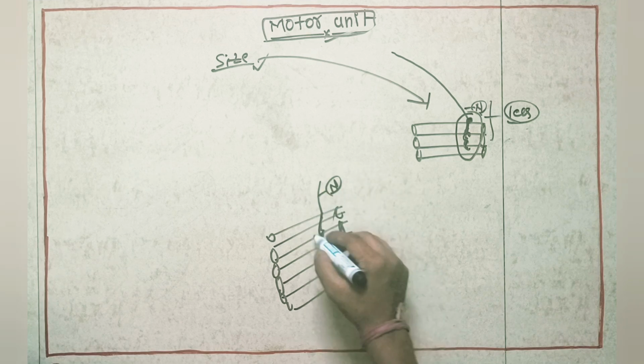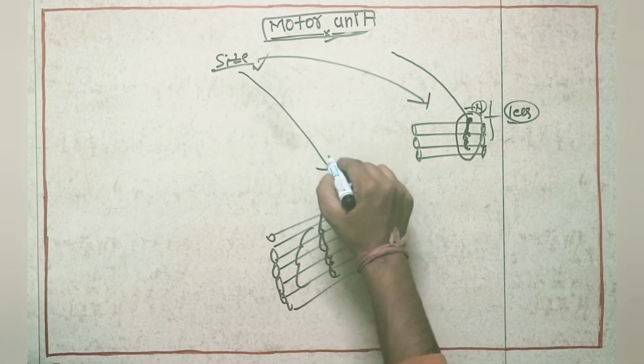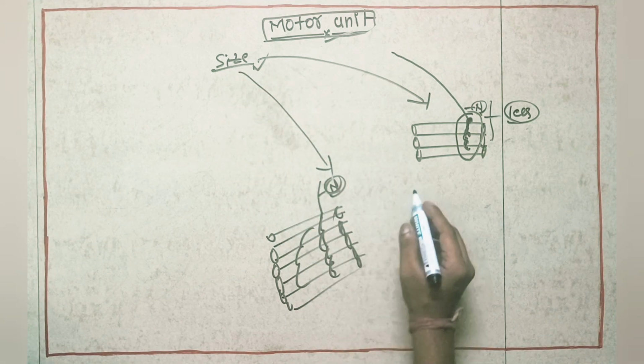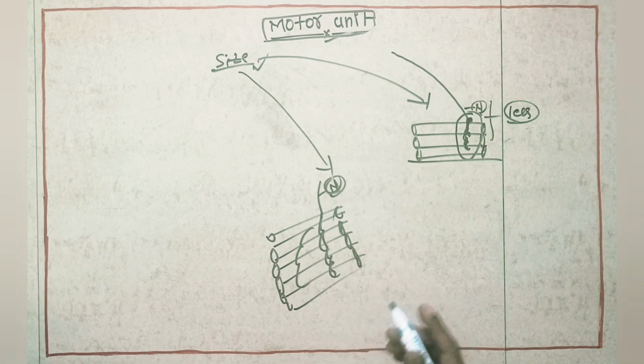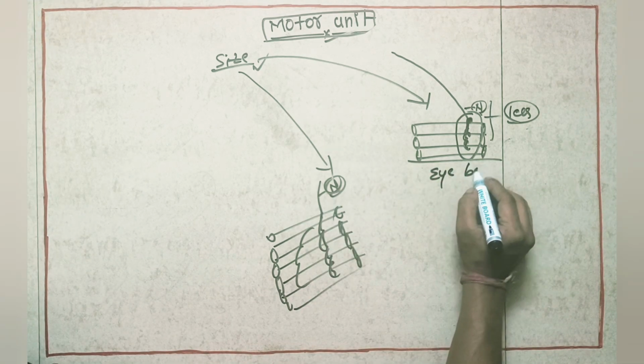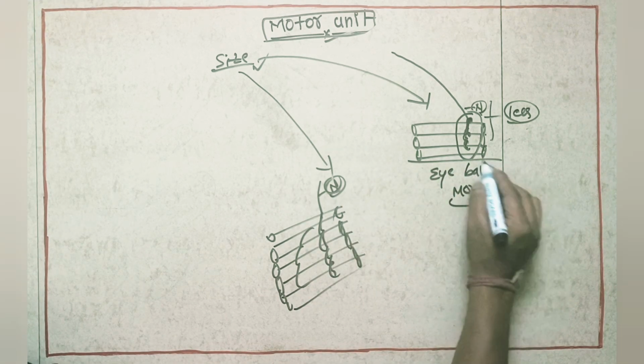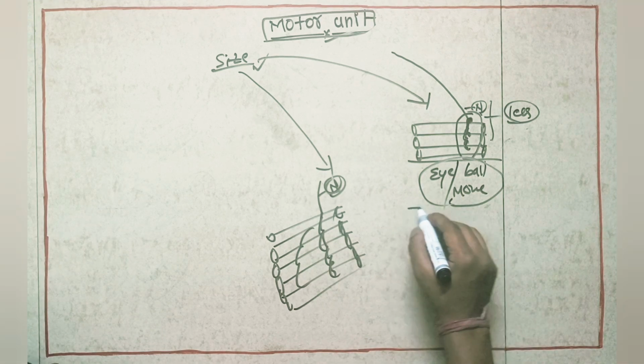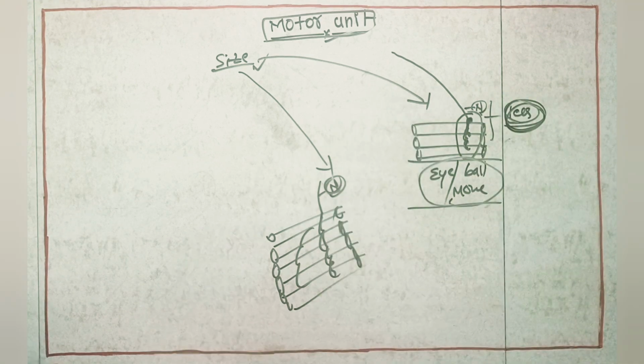If muscle fibers are more, then we can tell this is a large motor unit. Example for a small motor unit: eyeball movements are done by the recti muscle. Right? So the recti muscle will have fewer muscle fibers per motor unit. This is our large motor unit. Example: